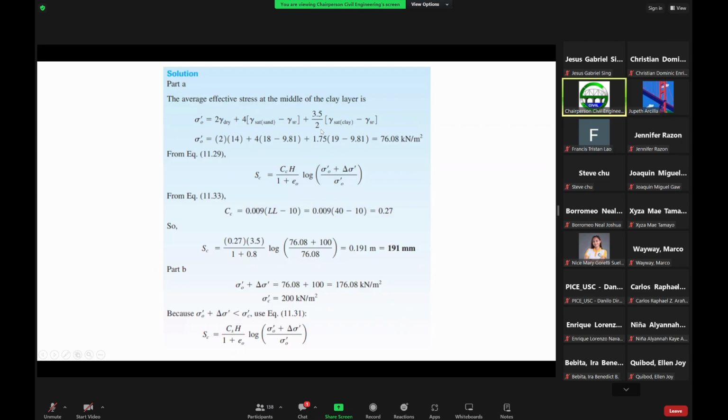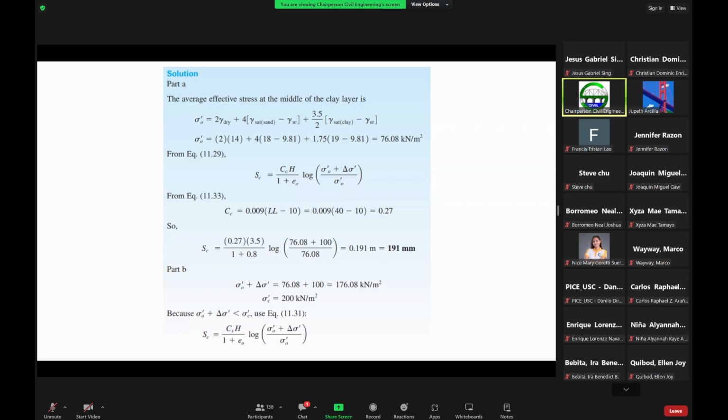Then we check if the sum of the present effective overburden pressure, or the average effective stress, plus the increase in the effective stress, or the structural load bearing pressure, is less than or greater than the